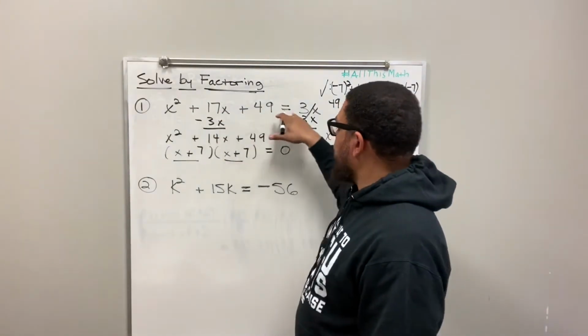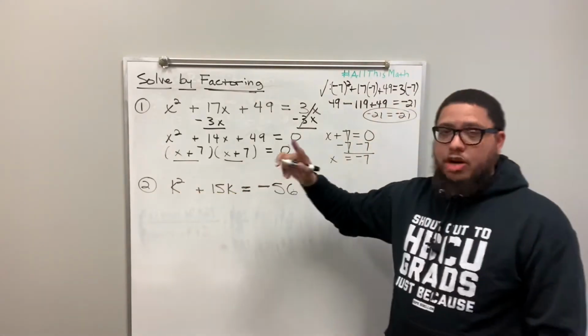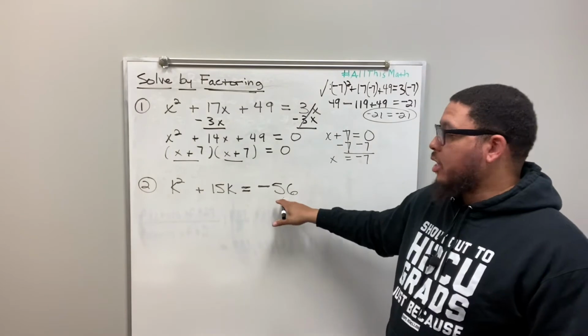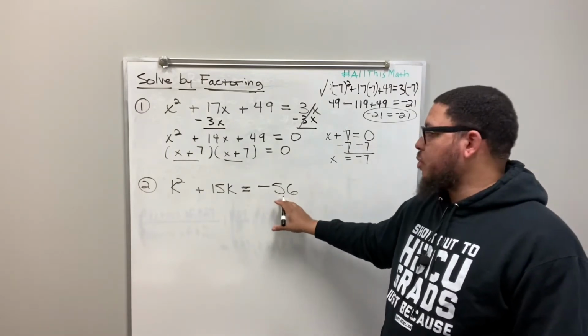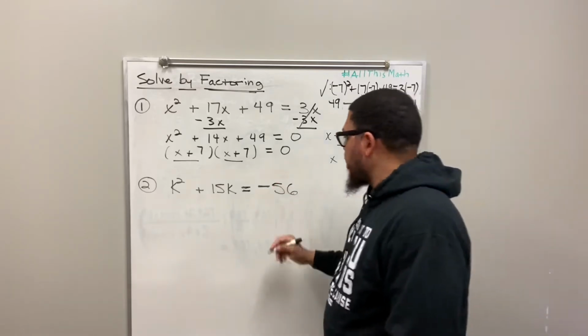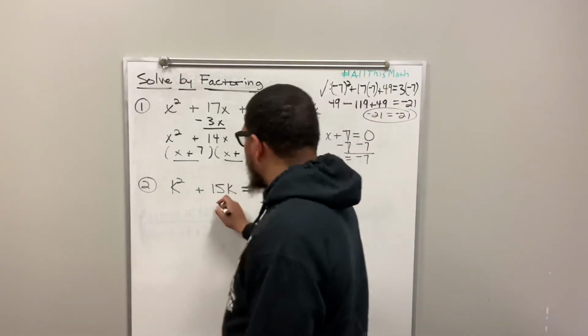The left side should always equal the right side. Now, number 2. On to number 2. Again, our first step: put this in standard form. It's not currently in standard form because there's no 0 on the right side. We want to move this -56. So what we're going to do is plus 56 on the right, and plus 56